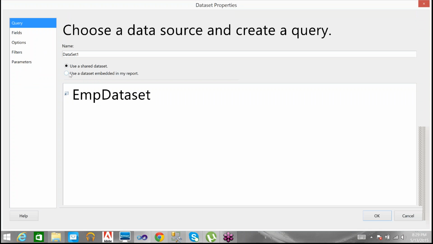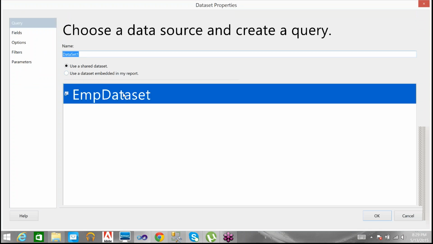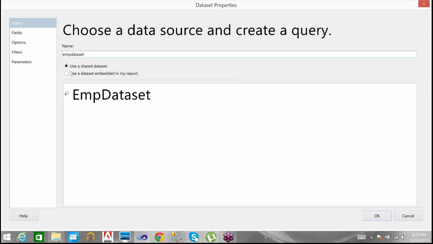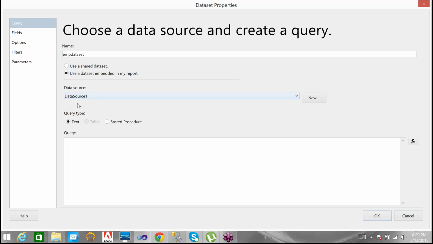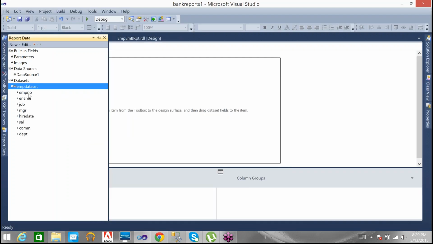I can use the existing one, but I'm going to use the EMP data set, the embedded one. Sorry, I didn't name the data source. I have to then select star from EMP. Then it is going to display all the EMP values.